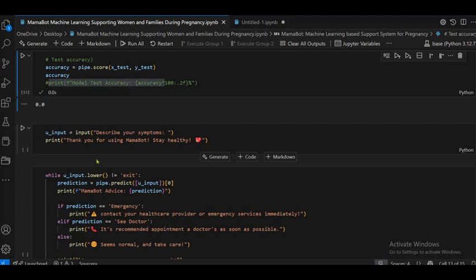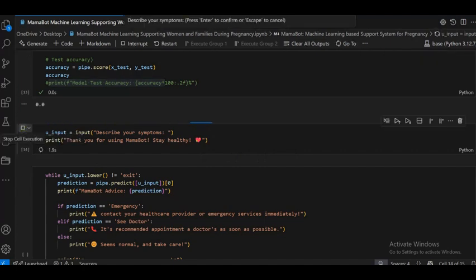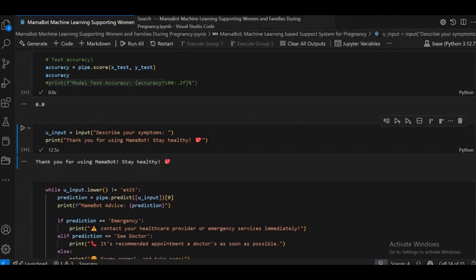If the user types any symptom, what are the results? I am checking back pain. So I type back pain, and it gives the output thanks for using Mama Bot, stay healthy.